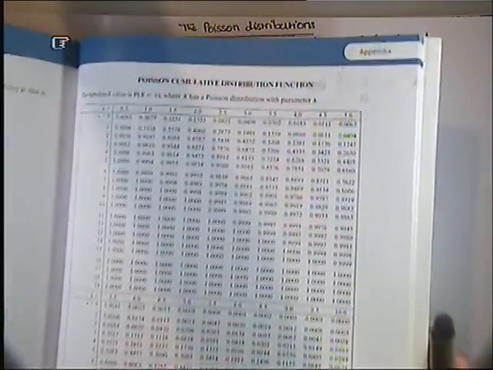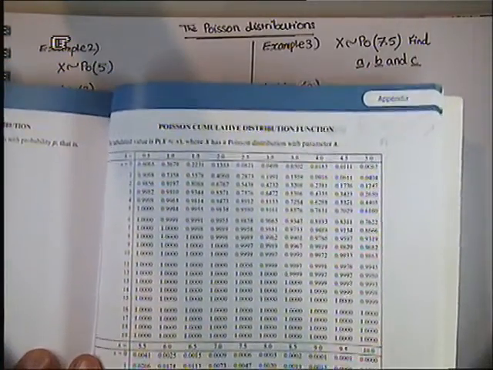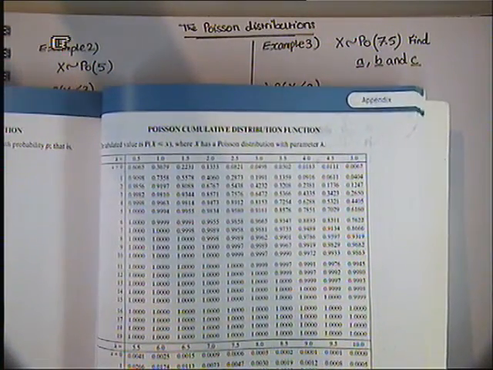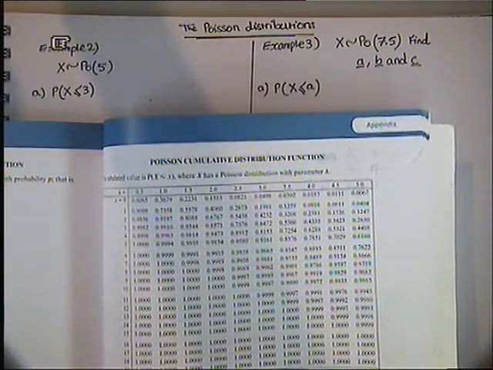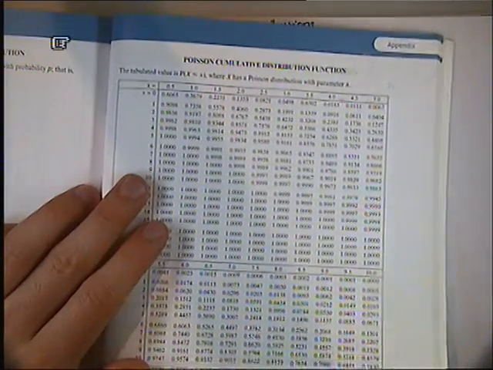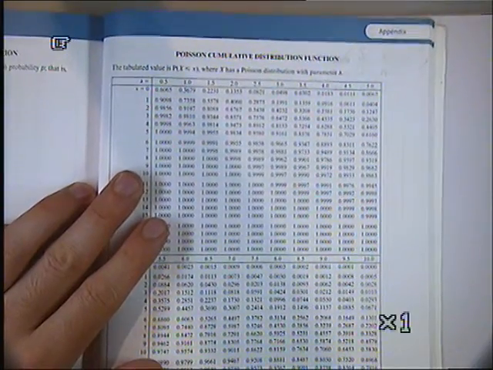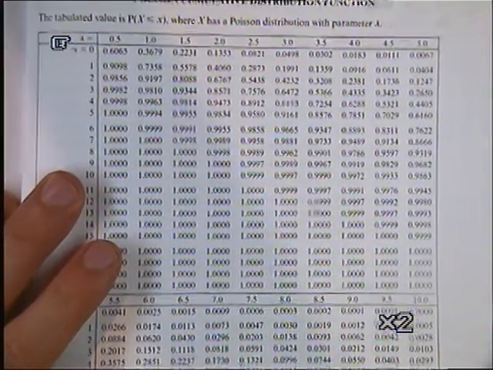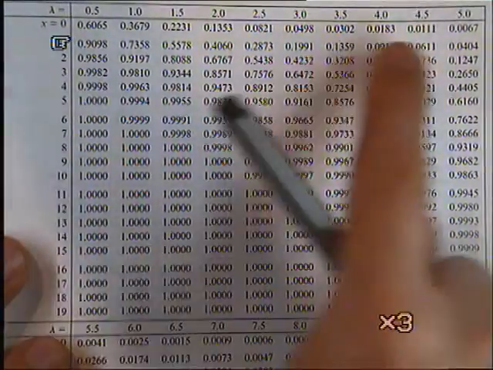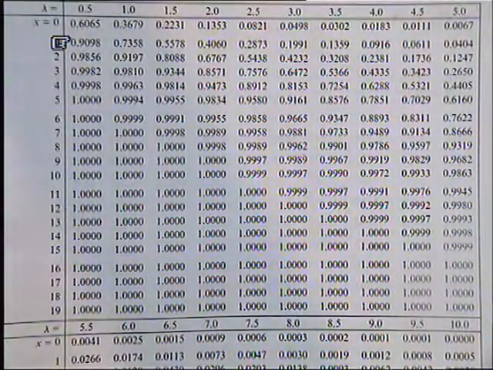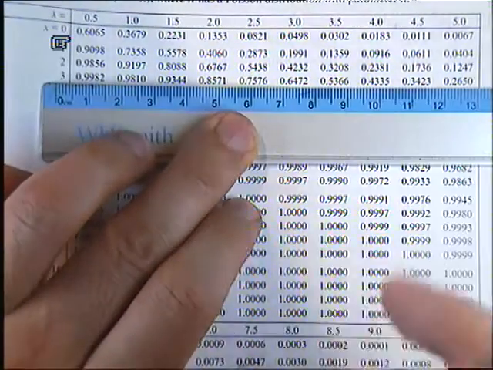In this specific example, lambda is equal to 5 and X is less than or equal to 3. So all we need to do is find lambda equals 5, which is here. I'll zoom in a little bit. Lambda is equal to 5 and X less than or equal to 3, which would be this value,